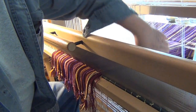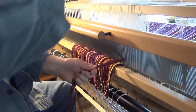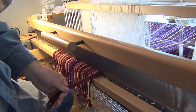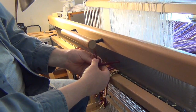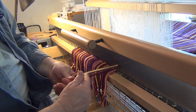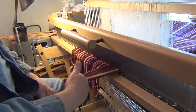So there, that's the last of the threads through the reed. And we'll just tie a quick little knot in the end of it, because from here on we don't need to have it untied for any reason again. And I've lined them up so all these have little knots at about the same place, so we've got a nice even